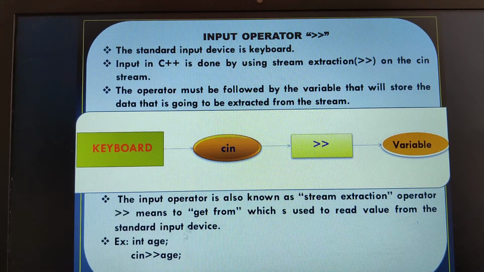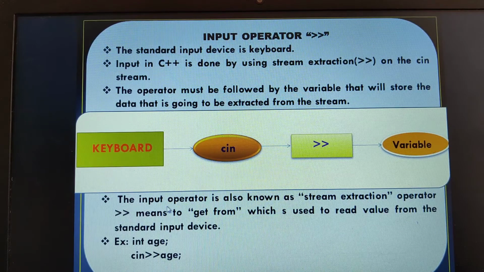Similarly here, the cin object, the cin operator should always be followed by the variable wherein the data can be stored or extracted from the stream. Stream is nothing but where? The memory. Whatever the contents that cin is accepting from the keyboard will be stored into the computer memory in the form of the variable. So in 2 marks you should write all these points, plus you should draw this diagram, and then you should explain here.